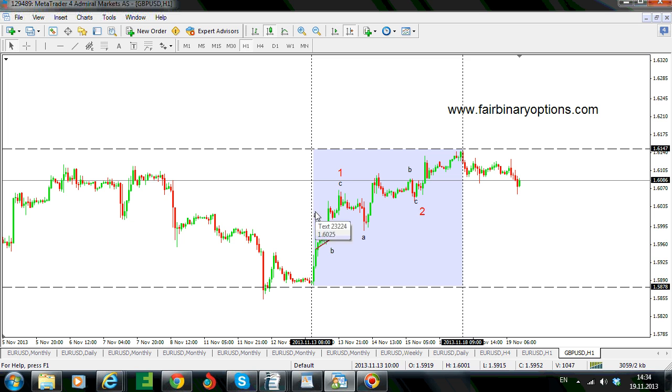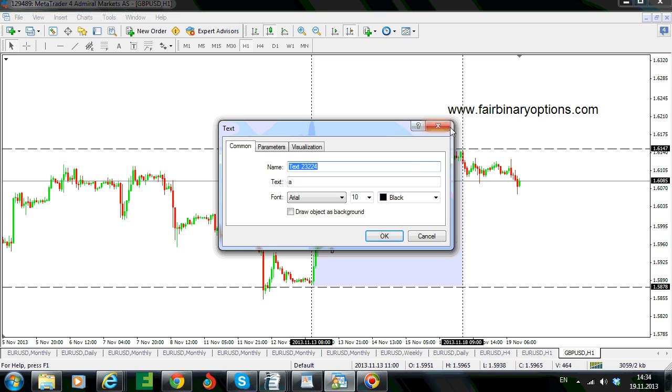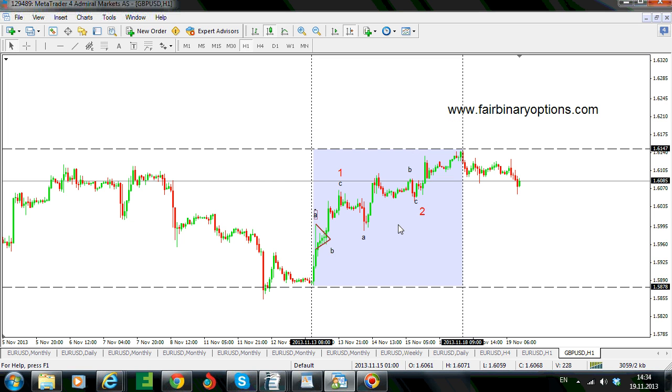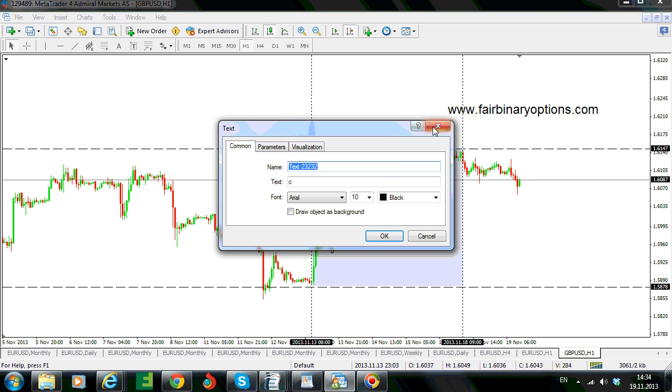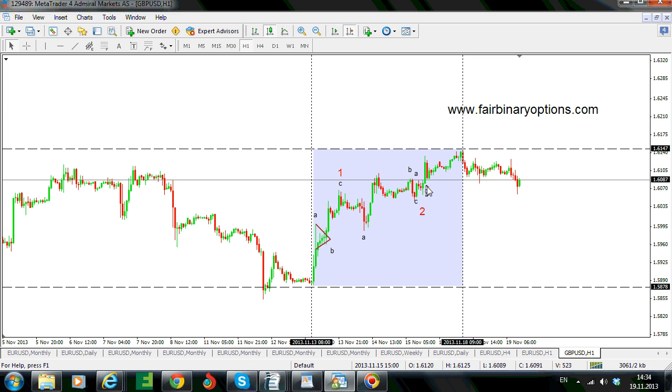So basically we have another ABC in the form of a zigzag that goes to the upside this time. This to be wave A, this to be the B wave, and this to be the C wave to the upside. But the C wave, attention, it should be an impulsive move of a lower degree. If you go on the lower time frames you'll see that of a lower degree, and it ends right here